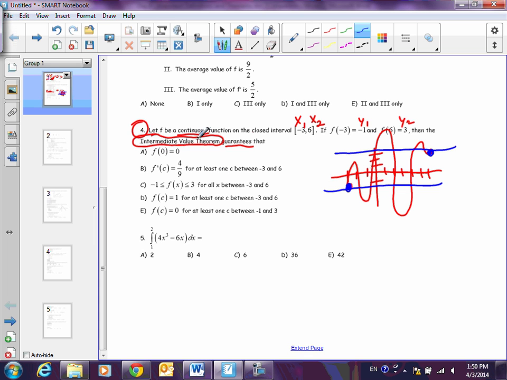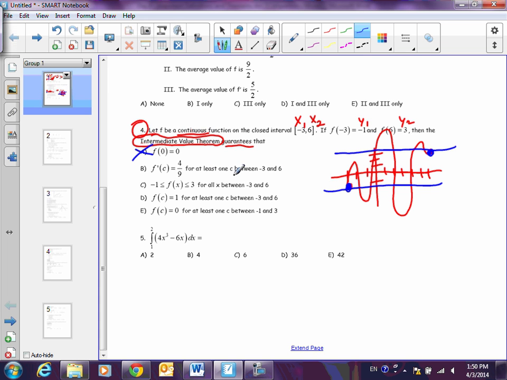So does that theorem say that f of 0 would have to be 0? And it didn't even matter what theorem we had. F of 0 does not have to be 0 unless they tell you, okay? That's not my answer. Okay, B says f prime of C equals 4/9, for at least one C between -3